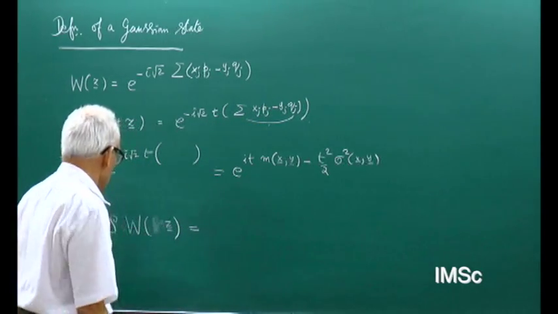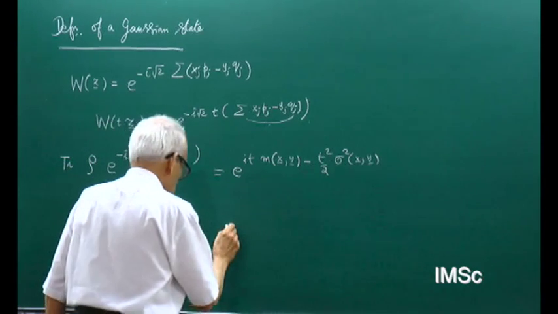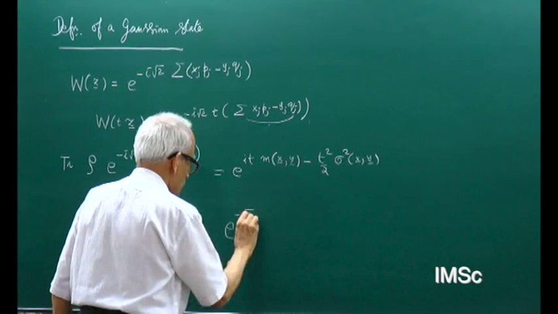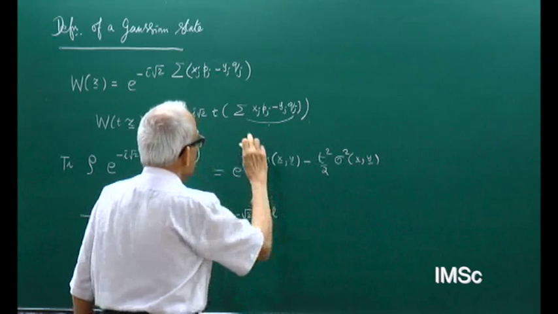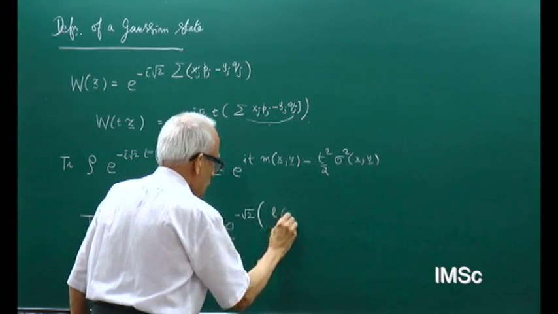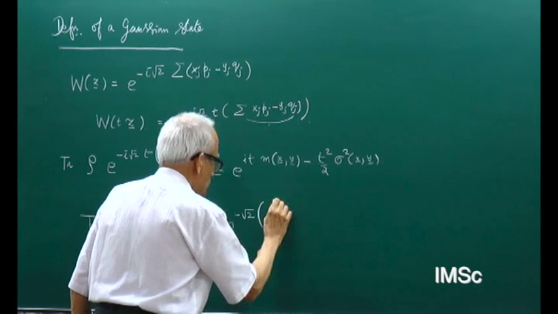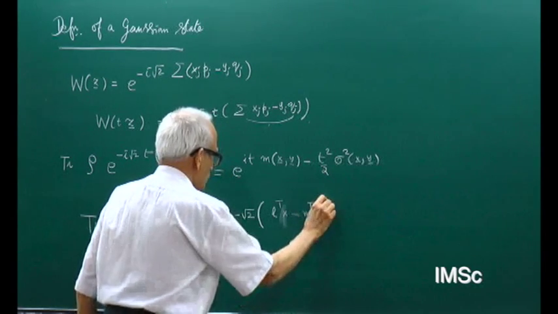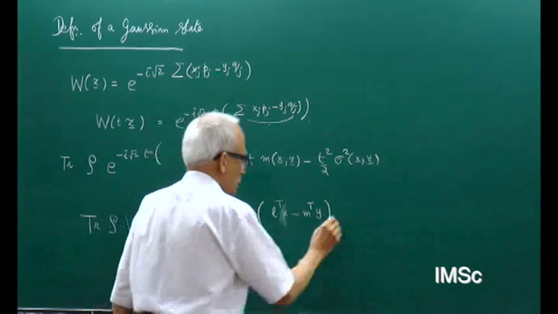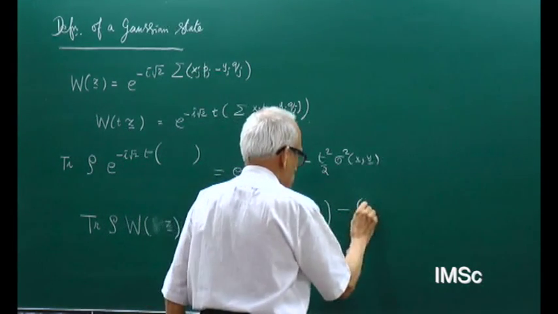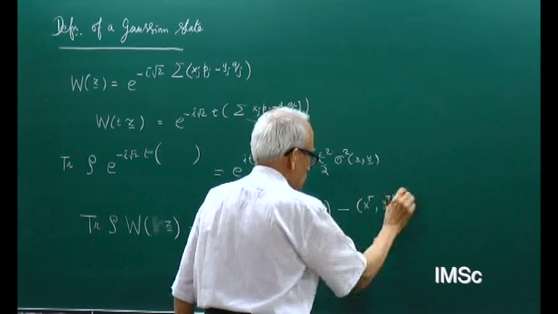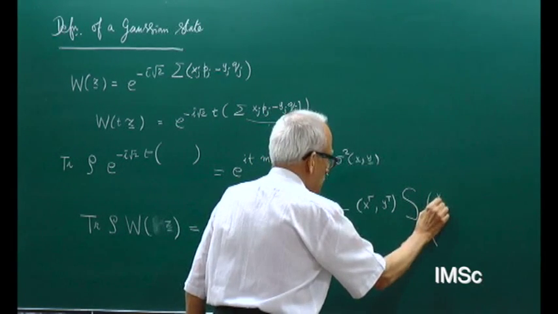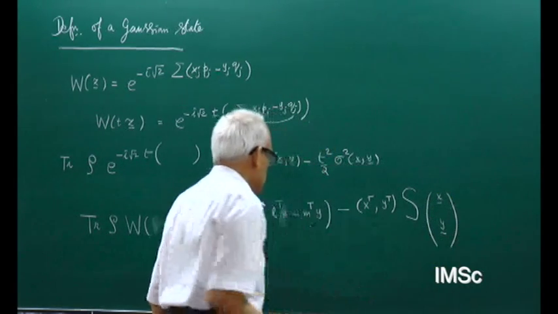So, it is enough to write this trace rho W(z) is of the form, I still keep this e to the minus I root 2 into some linear function of x and y, L transpose x minus M transpose y, minus I root 2, minus some x transpose y transpose times a real positive definite matrix S multiplied by x y. It should have this form,